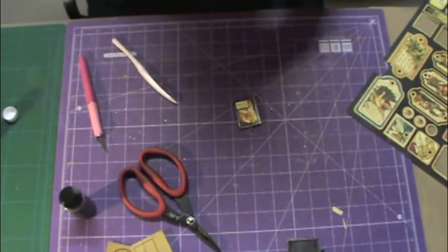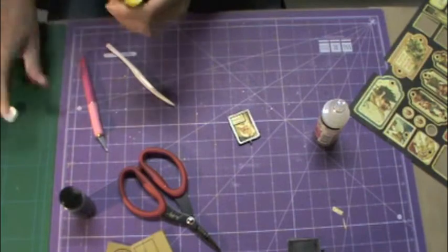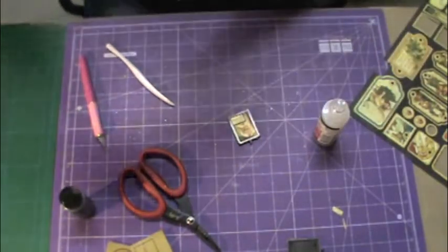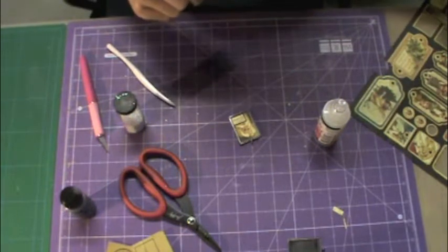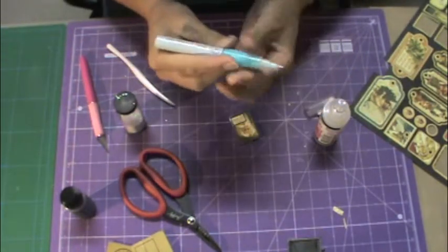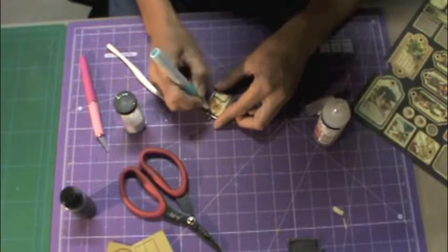Now, I'm wondering if I want to add a little glitter. See, I keep just adding things to the list, don't I? Just going to take my Martha Stewart glue writing pen, and I'm just going to give his hair a couple of strokes